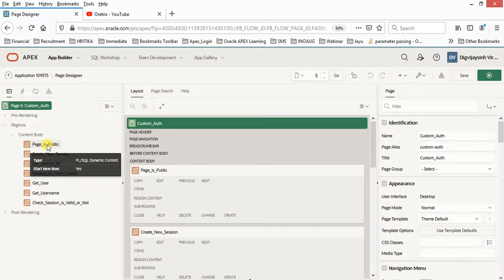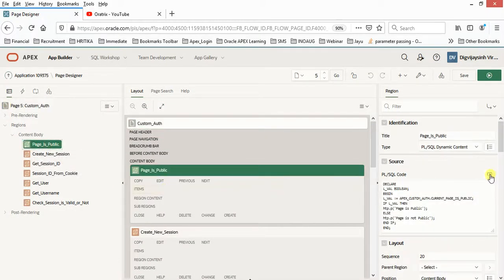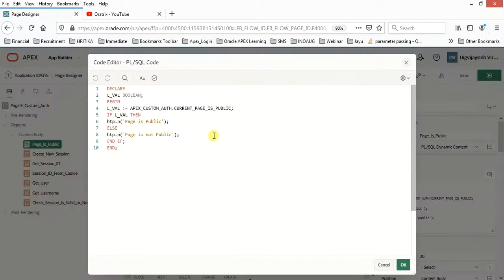The first function is page is public. We can query apex_custom_auth.current_page_is_public.